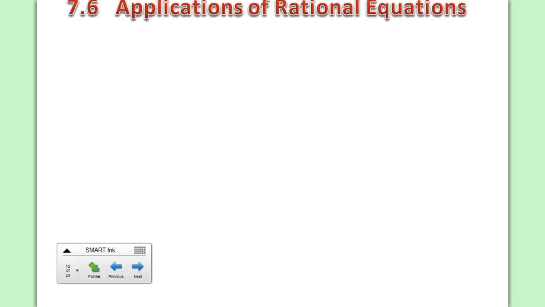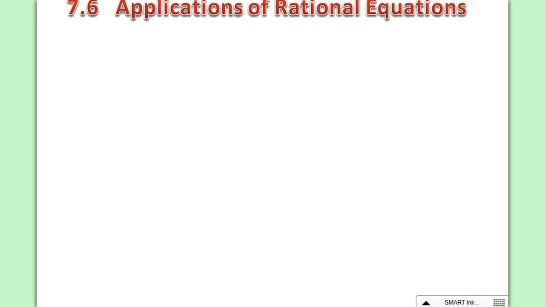Hello, Math 20-1. This is where the math really hits the fan with rational expressions. So you're going to look at a selection of a couple of different applications for rational equations. The important thing here is this is just a methodology, okay? And because of that, I want you to work at understanding the methodology, not to memorize this particular question, because